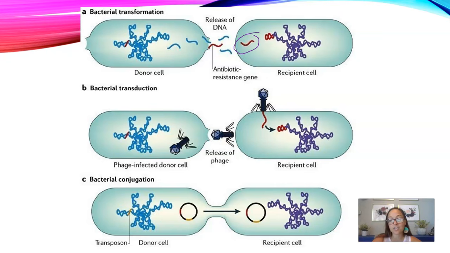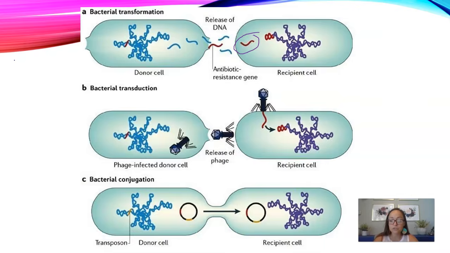But you could also have conjugation, where a bacteria can create what's called a sex pilus, or like a tube or a channel that connects the two cytoplasms together. And then that plasmid can be transferred from the donor cell to the recipient cell. And then there's transposons, which are like jumping genes, where genes can move locations in a chromosome or in a